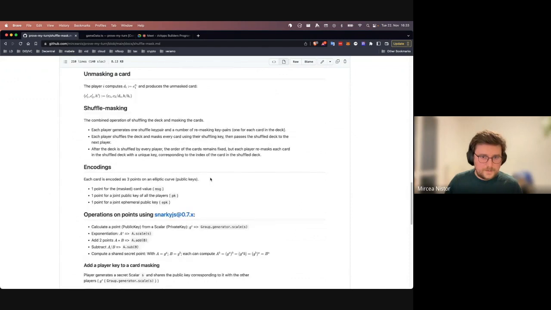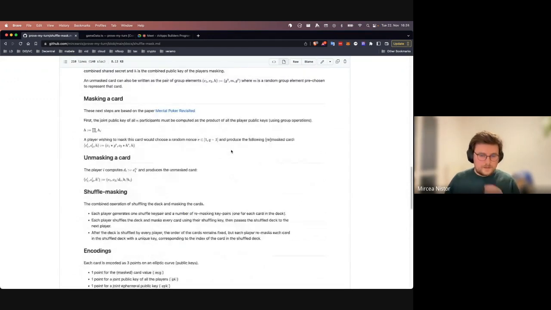And the idea is that every player generates a bunch of key pairs. They share the public keys with the other players, and then they all participate in this shuffling and masking of the deck of cards. And how that happens is they all encrypt every card with the same shuffle key, and then they pass the deck to the next player who does the same. And after everyone has encrypted and shuffled the deck,